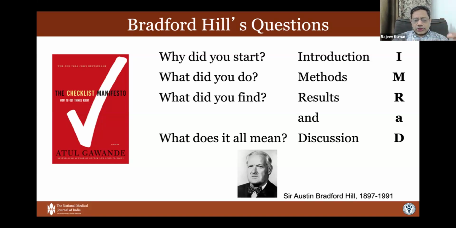These 4 questions are also encapsulated in the 4 parts of every article, and that's called the introduction, the methods, the results, and the discussion. These are the 4 parts of any article. The discussion changes in an abstract in that you don't have a discussion and you only have a conclusions, but to a large extent, the concept is the same. So you answer these 4 questions. And if you answer these 4 questions in that order, you've likely completed your article or your abstract.